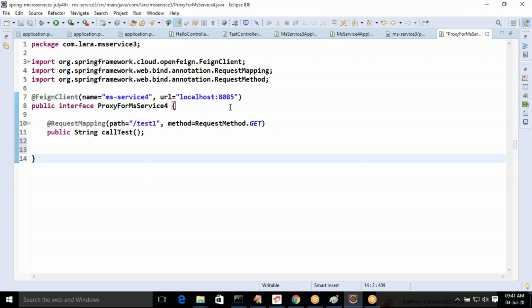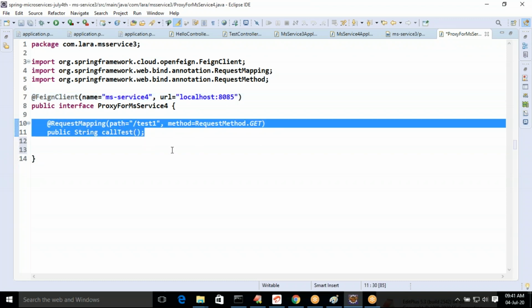Please observe, one proxy for one application, not multiple proxies for the same application. Specify the application name and the port number where it is running. Inside that application, whatever APIs are there, provide a method declaration for every API.